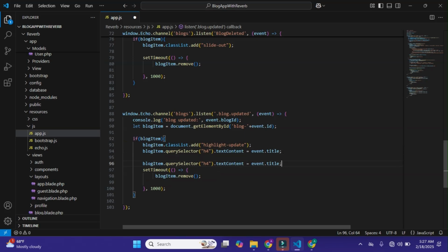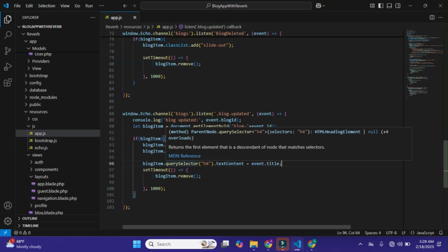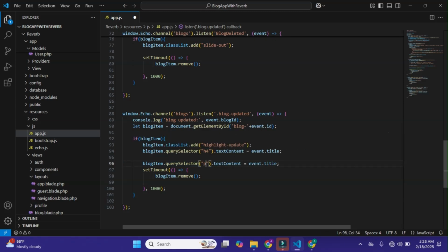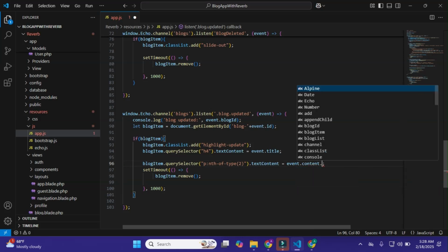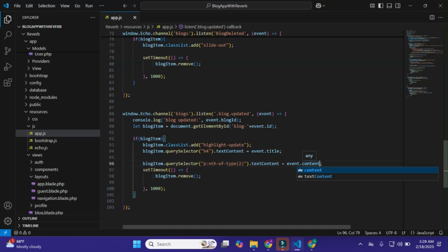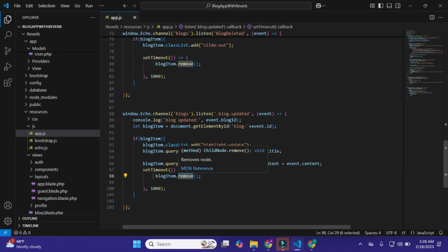Okay, that's it, and I'll copy it, paste it here, and make it querySelector p, and .textContent with event.content. We do this, and here blogItem.classList.remove, and we remove this highlight-update.